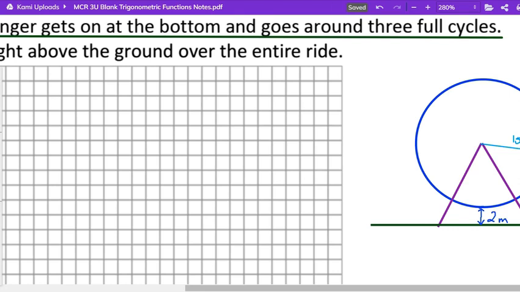Okay, let's look at that 15 meters. What part of the sine function or cosine function is it? It's the amplitude. So what it's saying is, from the middle of the Ferris wheel, the max height is 15 up, and the minimum height, the lowest height the Ferris wheel will ever have, is 15 meters lower from that middle point. So the amplitude,